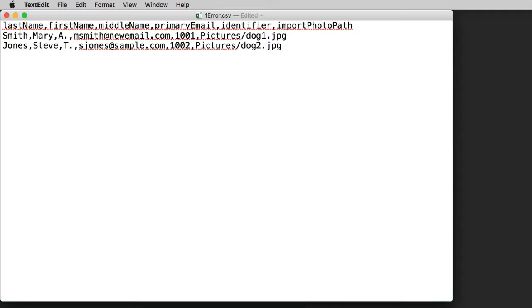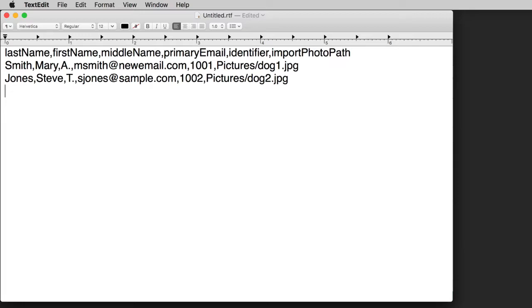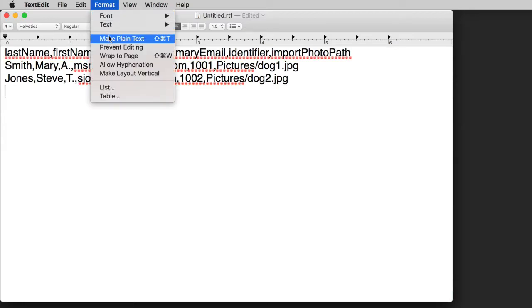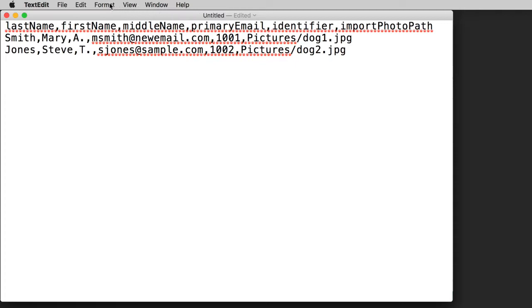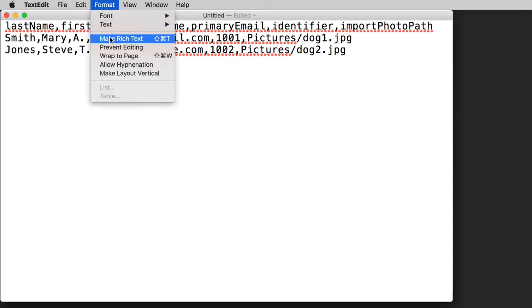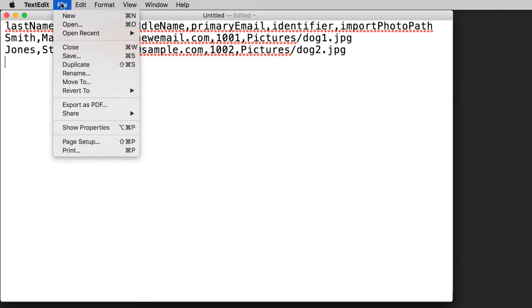If you do not want to use a spreadsheet program, you can use a plain text editor such as TextEdit on the Mac after making certain to choose the option from the Format menu to make plain text. If the Format menu shows the option to make rich text, the file is currently in plain text format, so do not change it to rich text. On Windows, you can use the Notepad program to create plain text files. Now simply type in your file with headers and names such as this, and then save it with either the